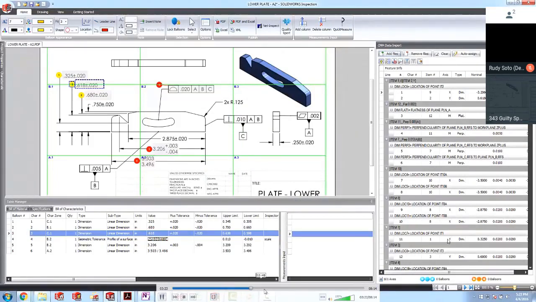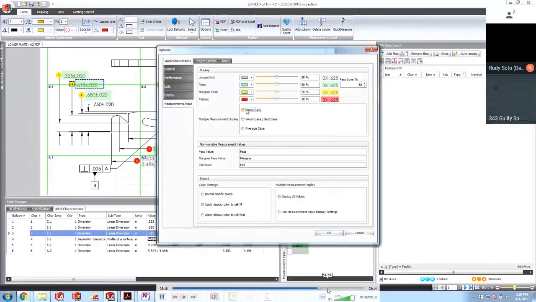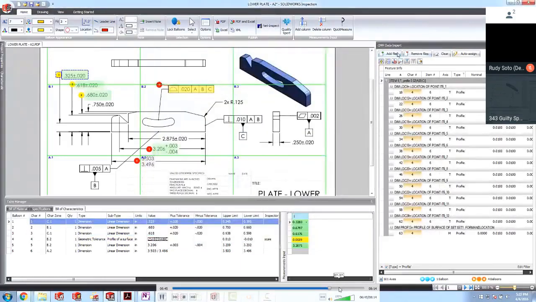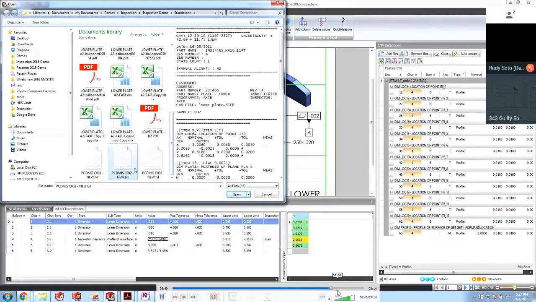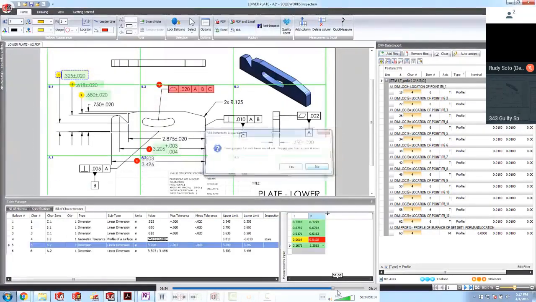And then the only post-processing you have to do is just to make sure that the dimensions were properly captured in the correct order relative to the inspection report. Like item 1, item 2, item 3, item 4. If there's any combination dimensions or anything like that, you have to clean them up. And then if there's more than one sample set that's used in the inspection process, you can bring in those additional sample sets. And you can see they'll start populating here.